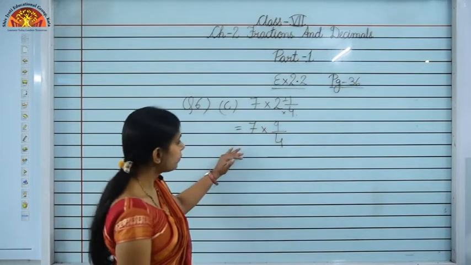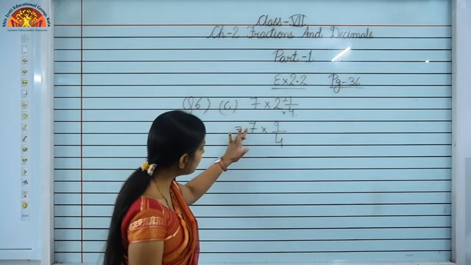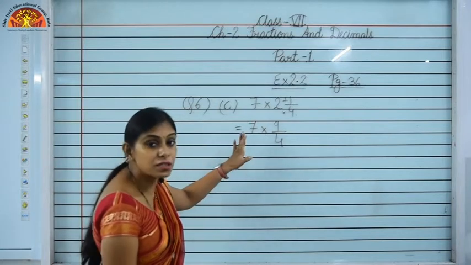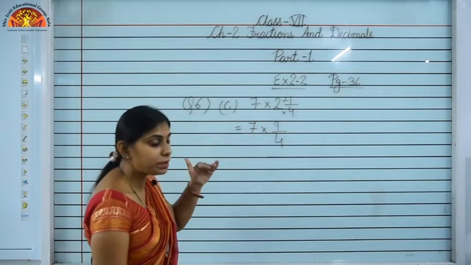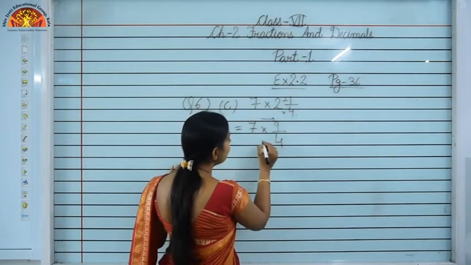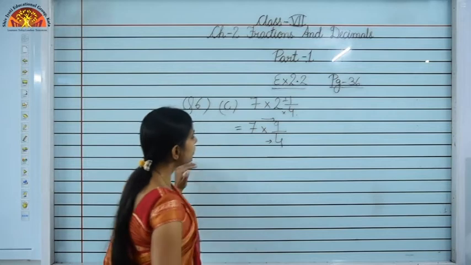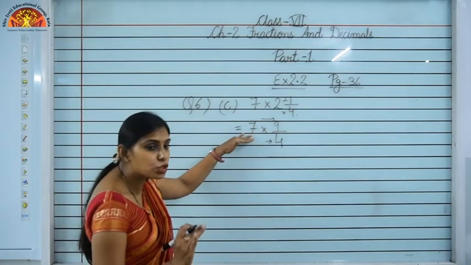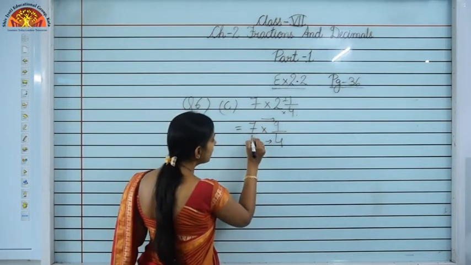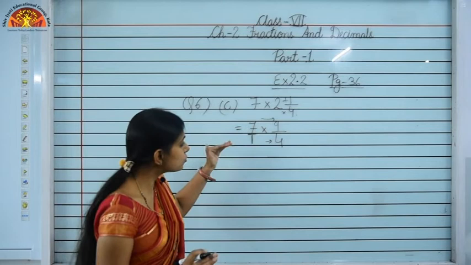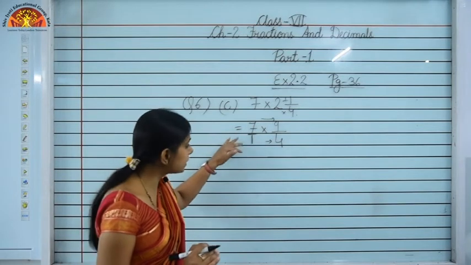9 upon 4. Now just see, can you do the simplification in numerator and denominator? Is it possible? We can see it is not possible. So how to do the multiplication? We will just multiply numerator by numerator and denominator by denominator. You can see here that it is a whole number. Denominator में यहाँ पे कुछ भी नहीं है, मतलब by default यहाँ पे क्या है 1. When there is nothing in the denominator, when there is no number, it means by default it is 1.